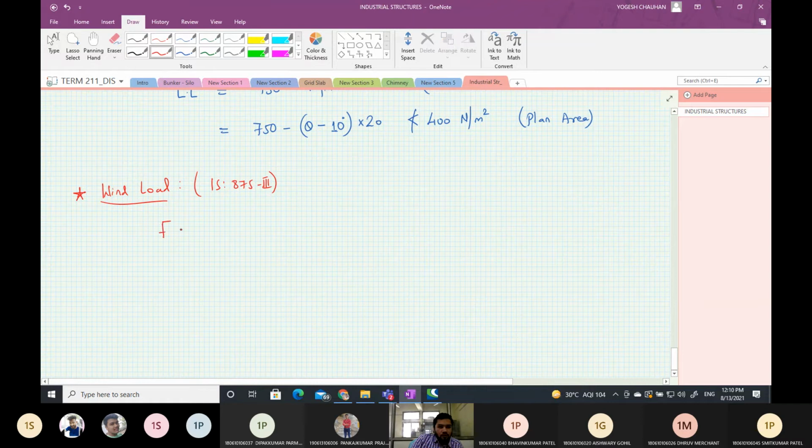This wind load is given by (CPE minus CPI) times the obstructed area times design pressure. So using this expression, you can find the wind force.